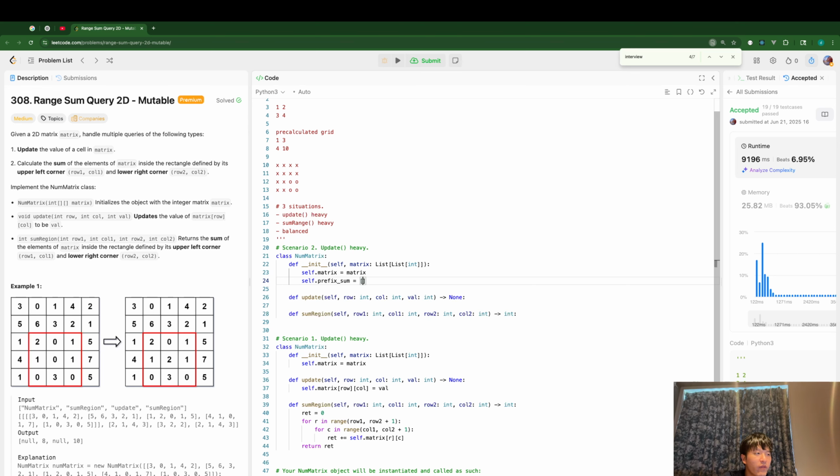I will copy the matrix for now. How can I do it? I think I can do it with a row in matrix, and I will copy the row. So this copies the element. This copies the row. A completely new row is created, and because the element of each row is an integer, each element is created from scratch. So this works. Okay, so this is the prefix sum, and for the update method,